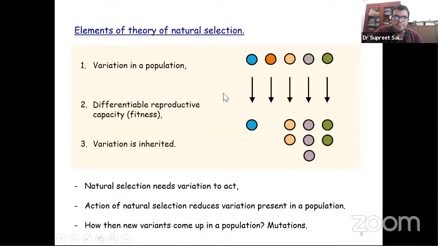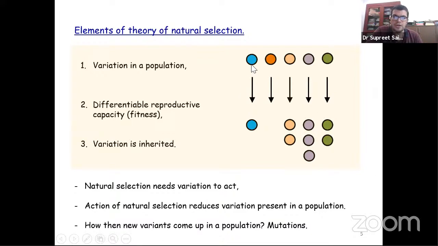Because they are different in the prevailing conditions, each one of them will reproduce an unequal number of times in a given interval delta t. So if we look at these 5 individuals after time delta t, this one has gone to 1, this one has still not reproduced, this one has divided once, this one has gone up to 3, and so on and so forth. So this variation was then acted upon by natural selection because their fitnesses, or the rate at which they were dividing, were different.